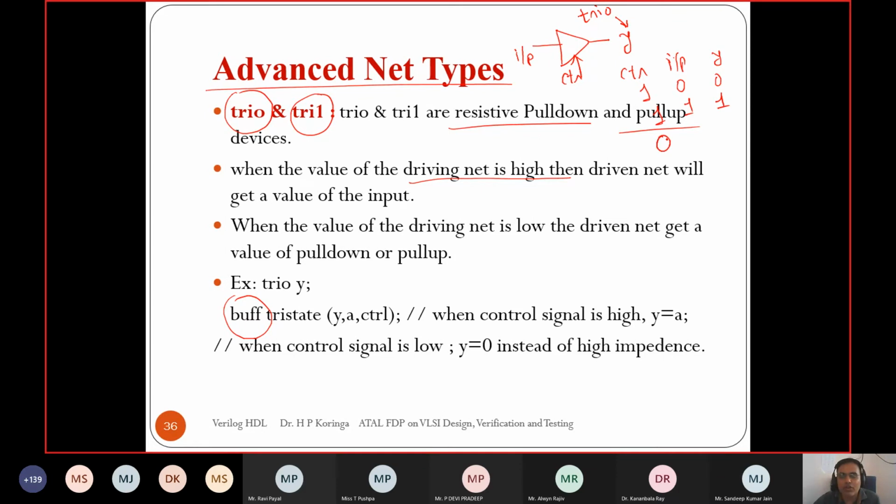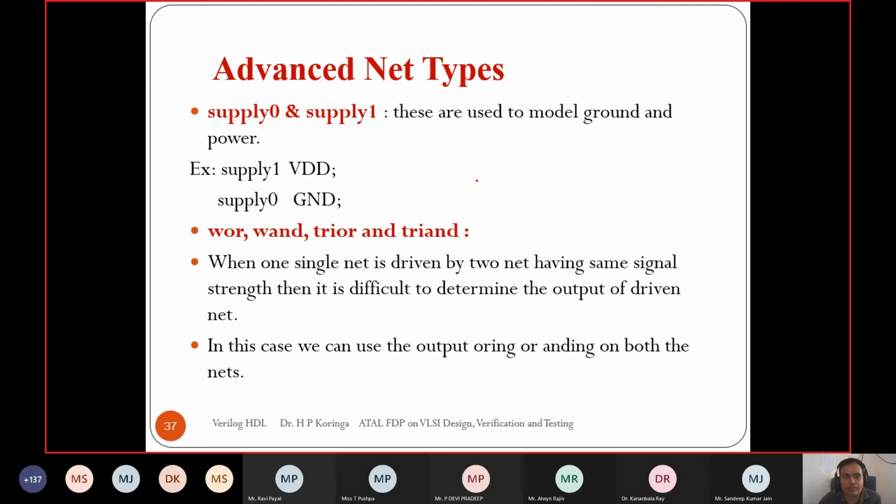But whenever the clock control is equal to 0, at that time, whatever the input, it will make the output. Here we have defined y as a tri0, so it will take the output as a logic 0. Instead of holding the previous state like trireg, tri0 will take an uncontrolled state as logic 0. Similarly, tri1, if you define y as a tri1, will take an uncontrolled state as logic 1. So that is the difference between trireg, tri0, tri1, different net types.